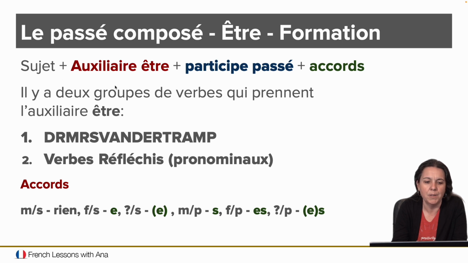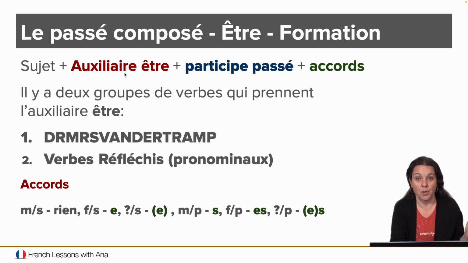Those of you who are mathematicians, maybe this makes a lot of sense to you. Sujet, subject. So it can be a noun or it can be a subject pronoun. Je, tu, il, elle, etc. Then you need the helper être in the present tense, as we saw before. Then you need the main verb in the participe passé, as we have been seeing with the avoir ones. And then something that we don't need for now with avoir, but we definitely need with être, is the